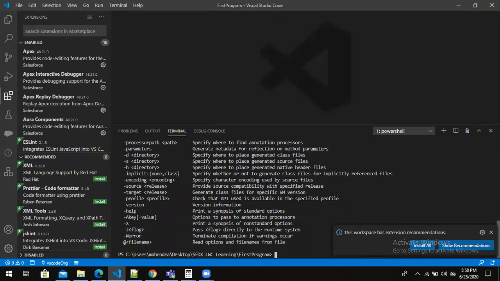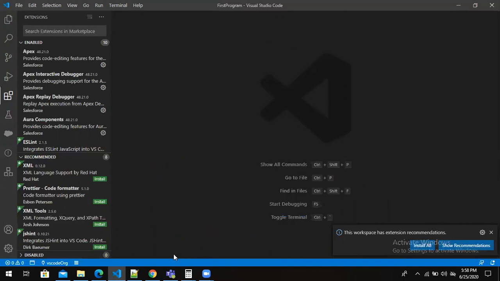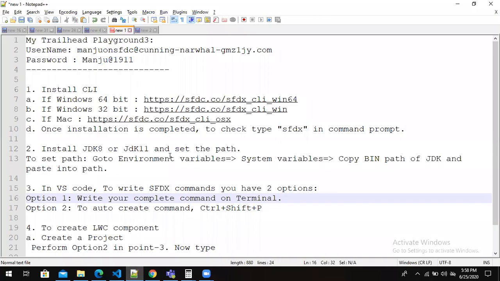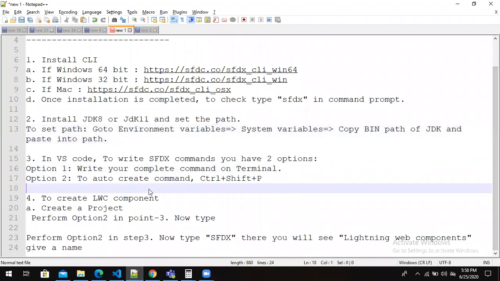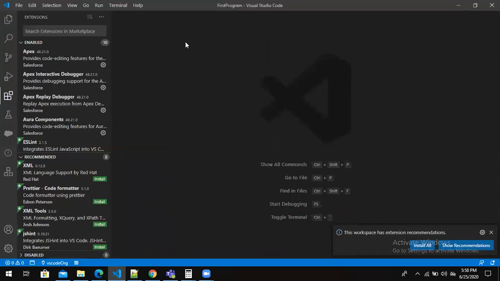Now we are good to start implementing our LWC component, right? For that, the first thing is, we need to create a project.